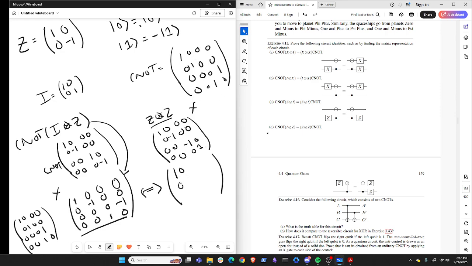So 1, 0, 0, 0, 0. However, it's going to affect the two amplitudes here. So we'll bring in the third value for this guy, which is going to be 0, 0, negative 1, 0. Boom, which is 0. The fourth value here will be,